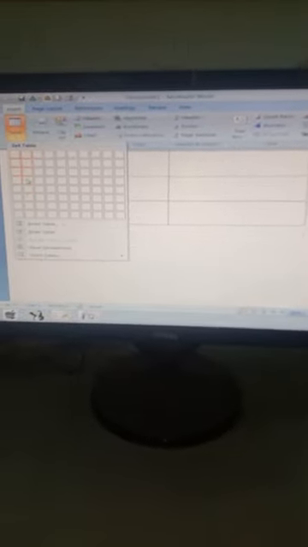You can either increase or decrease the size of rows and columns according to your wish. Suppose I have selected this much, 7 into 6, so 6 rows and 7 columns. At the top, it will be written how many rows and columns you have selected.